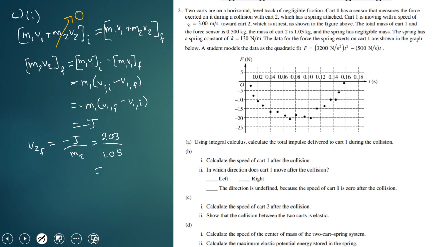And so we can just calculate that. And so that's one of the ways that you can interpret the conservation of momentum in a way where you don't have to plug in all the values. You can use a little bit of simplification to just get the expression negative impulse over mass. So we get 1.93